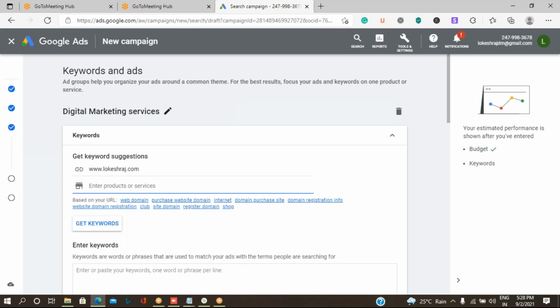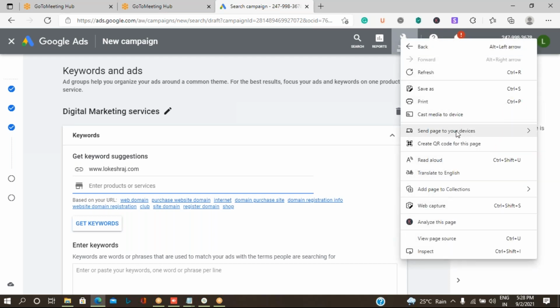Okay, so if I want to check which keywords are prioritized related to my business that I can use, then before typing the keywords over here, you can go to Google Ads tools and settings, which is available on the top of the screen. So right click on it and open it.